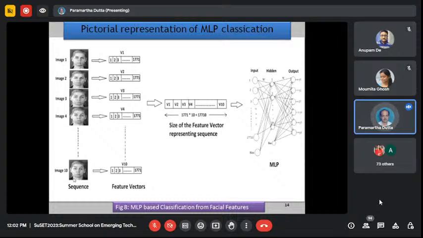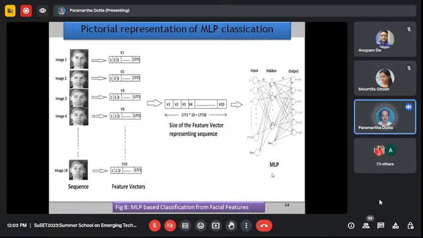So if there is a sequence of 10 images representing the transition from one emotional state to another, for each and every one you will have this type of scenario. Now this is 1771 into 10, considering a particular pair. So given a particular pair, it will be 1771 into 10 vectors, and that is fed into this